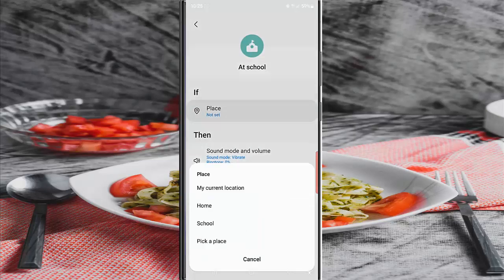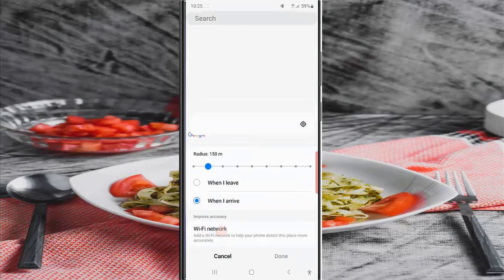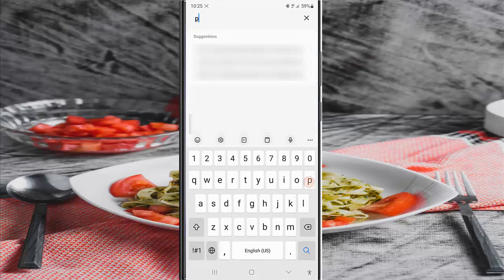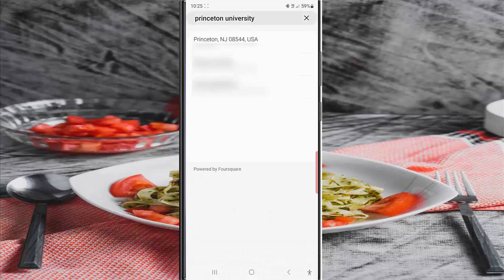Tap Place, select Pick a place. To quickly find the place, type the place name in the search bar. Select the place